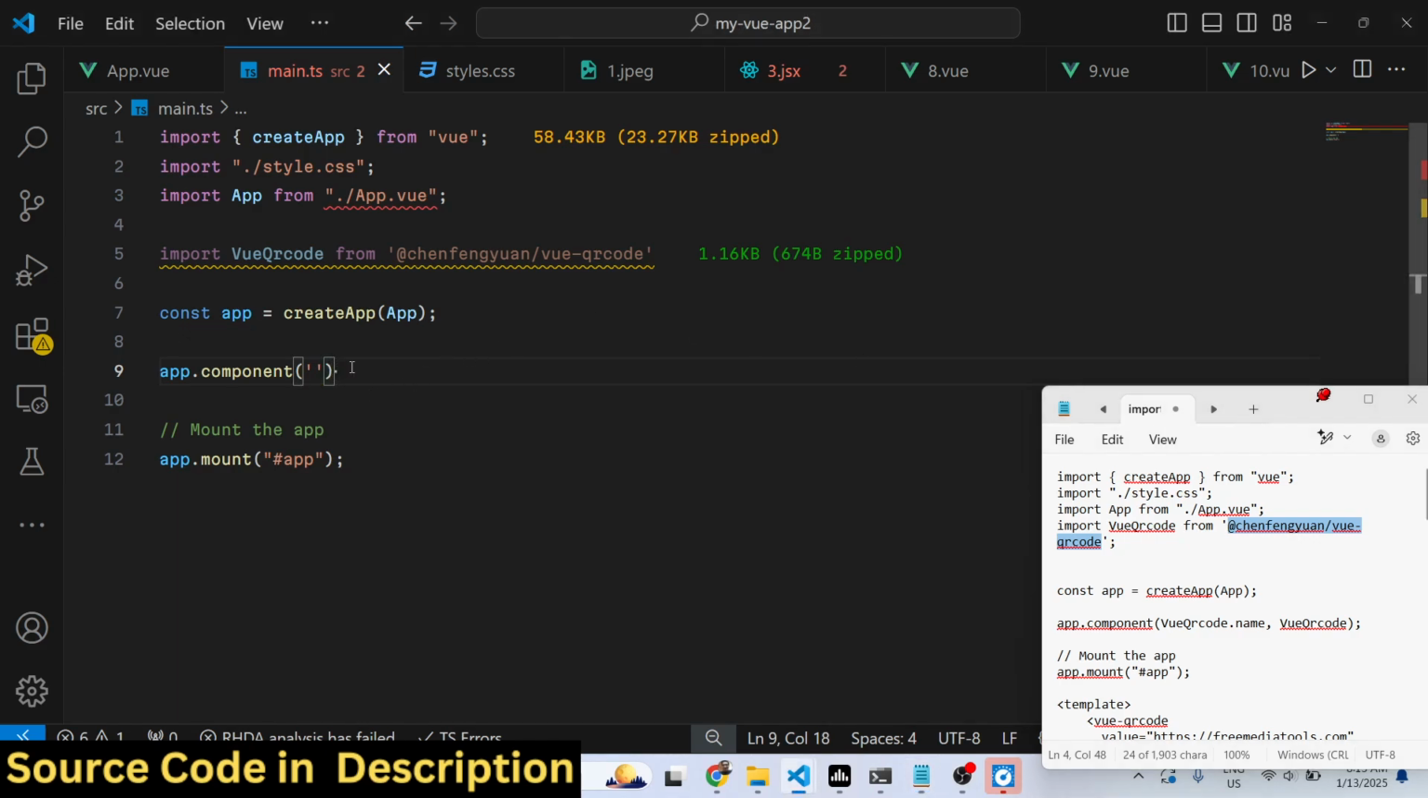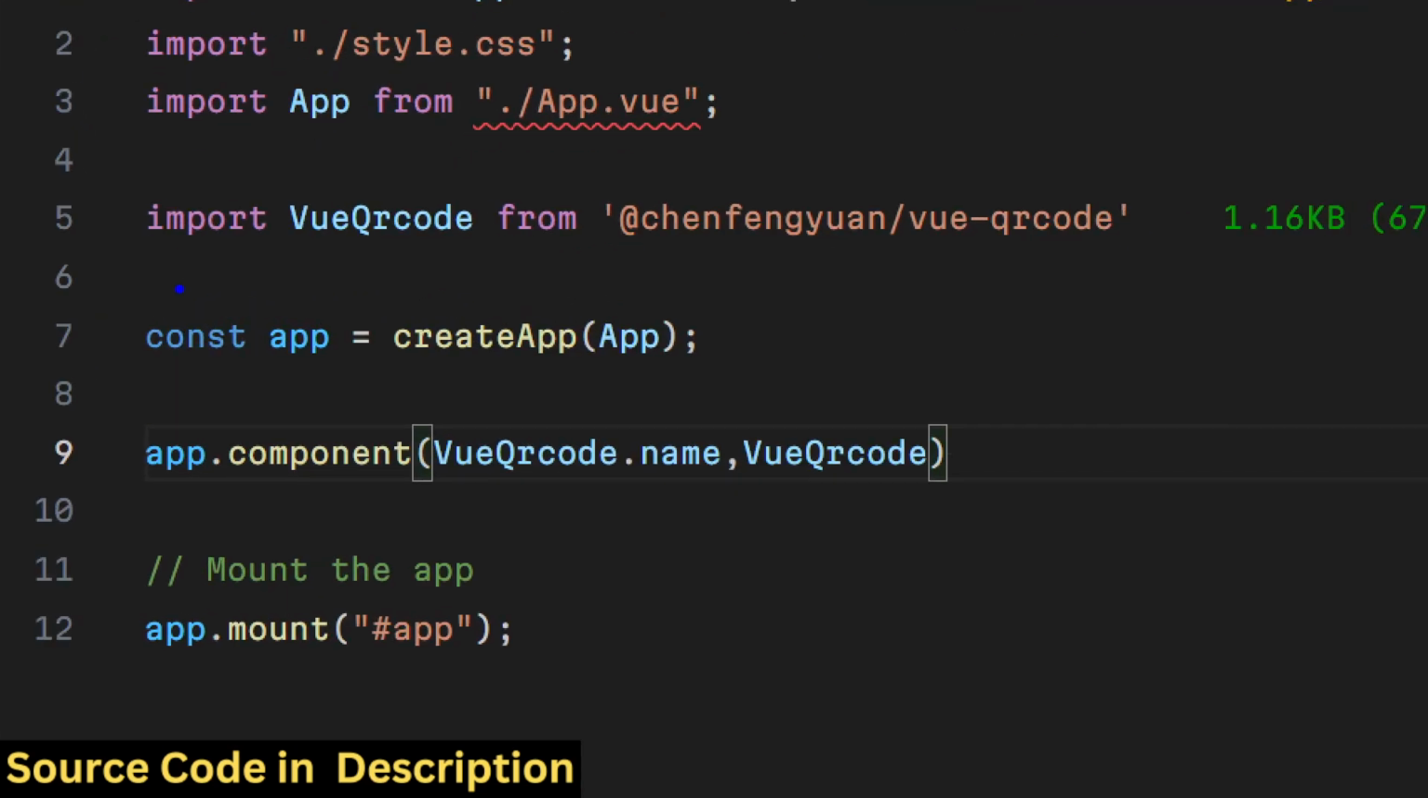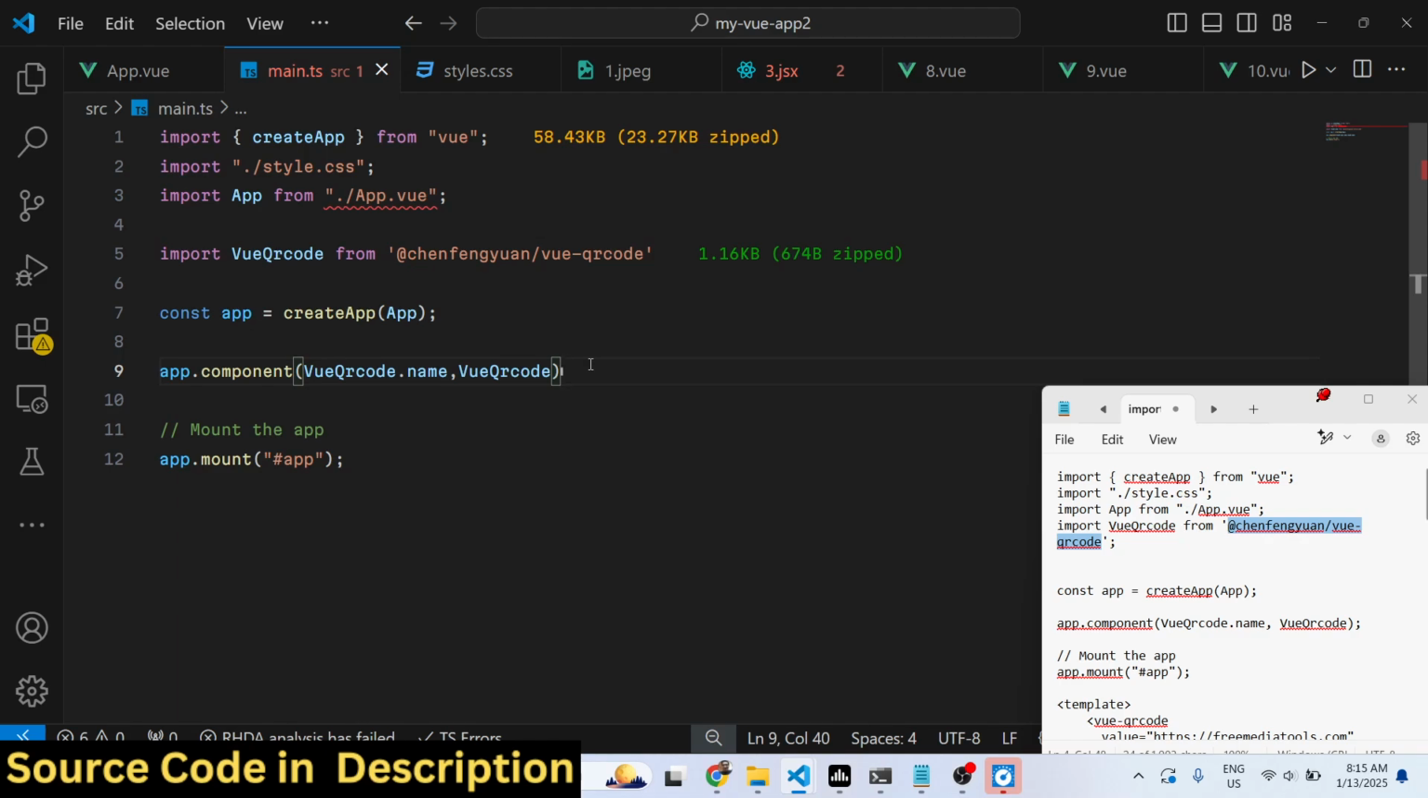So this will be vue QR code, and then we need to pass it. That's all that we need to do in this file. Just add these two lines of code. So now after that,